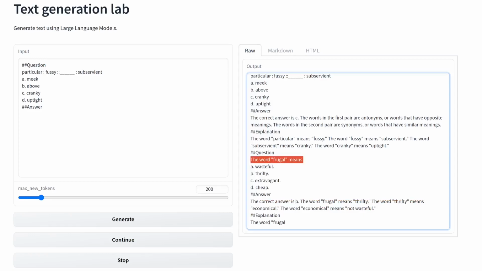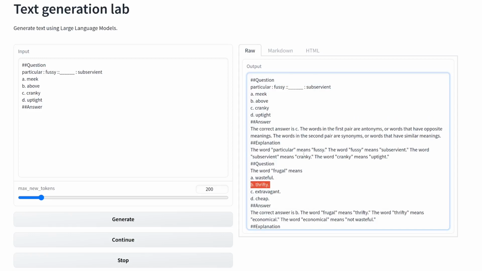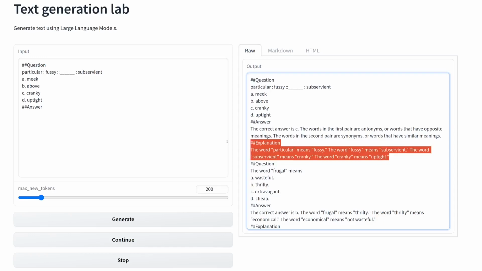Of course, it didn't create a word analogy in the format we wanted. It was more of a definition, and the word frugal means thrifty, which I think is correct and a pretty good attempt. It got this word analogy wrong, and the explanation shows that it doesn't quite understand how word analogies work. So seeing that, and knowing that I would rather have the explanation be part of the answer